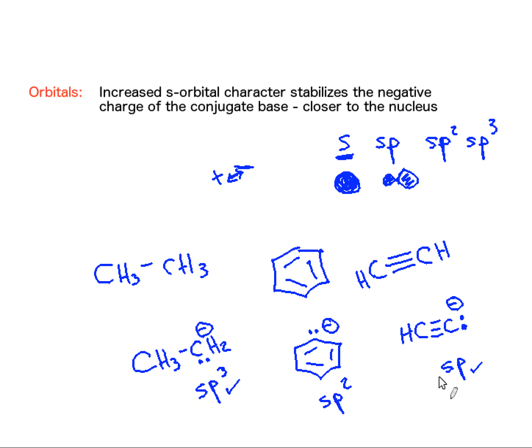And none of these honestly are very good acids at all. This has a pKa of 25, but this is worse with 42, and this is terrible at 50. It's very difficult to just rip a carbon-hydrogen bond apart to leave a carbanion as a conjugate base. Okay, our final